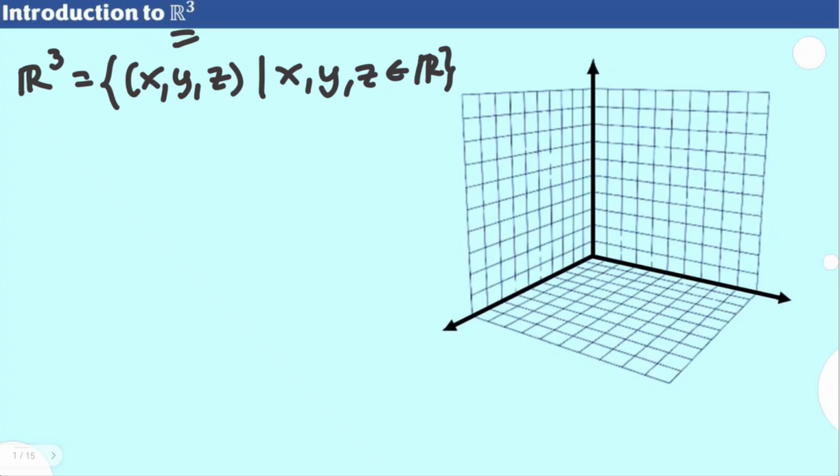Now this is the space here, 3D space. Generally and most commonly used, this axis here is our x-axis, where all the points leading towards this direction are positive in quantity. And of course, if we are going to draw on its opposite side, we'll deal with the negative values of our x.